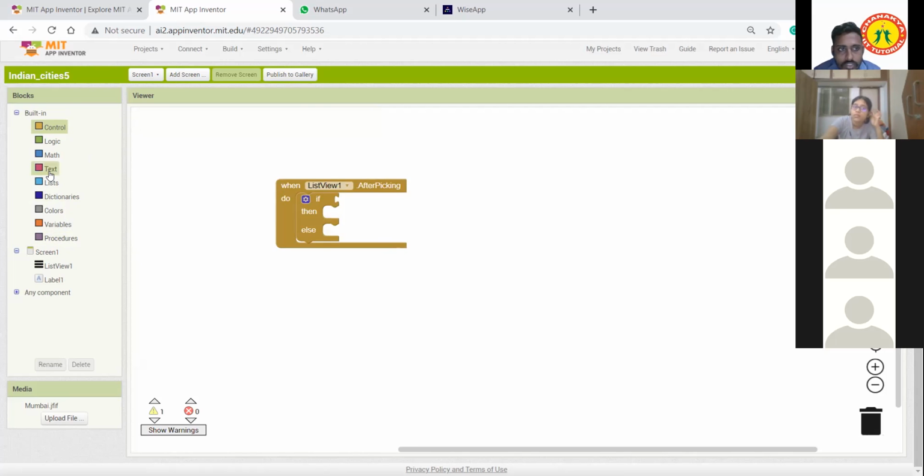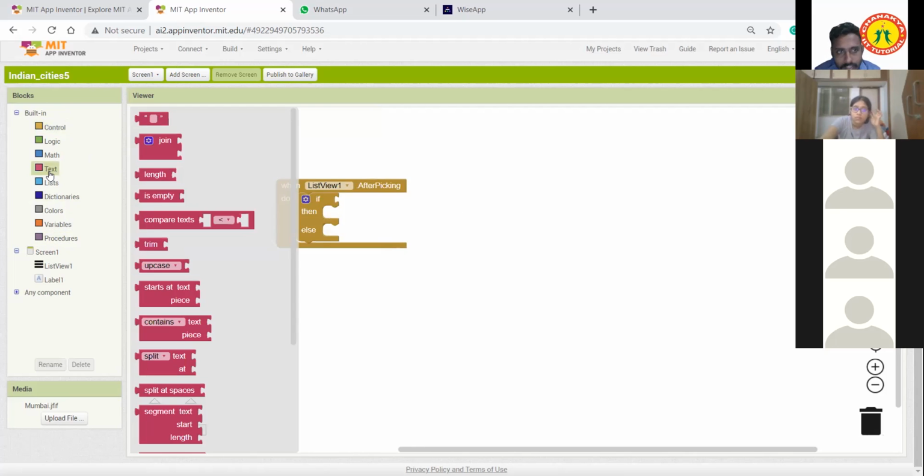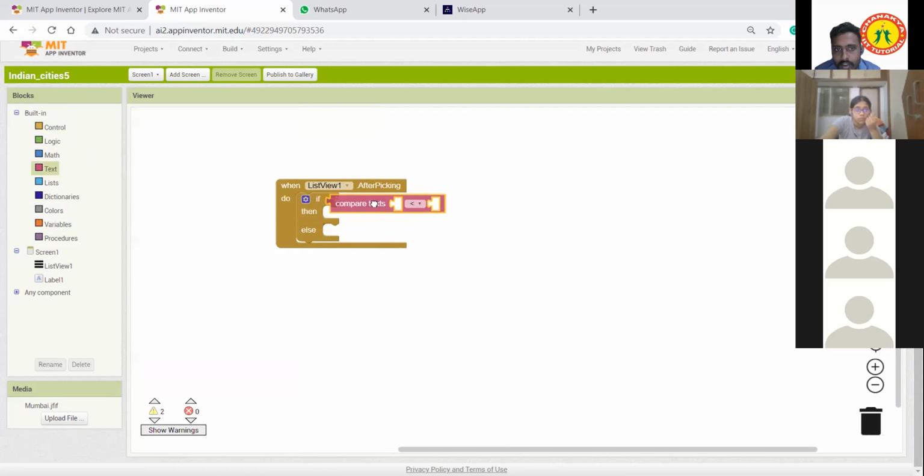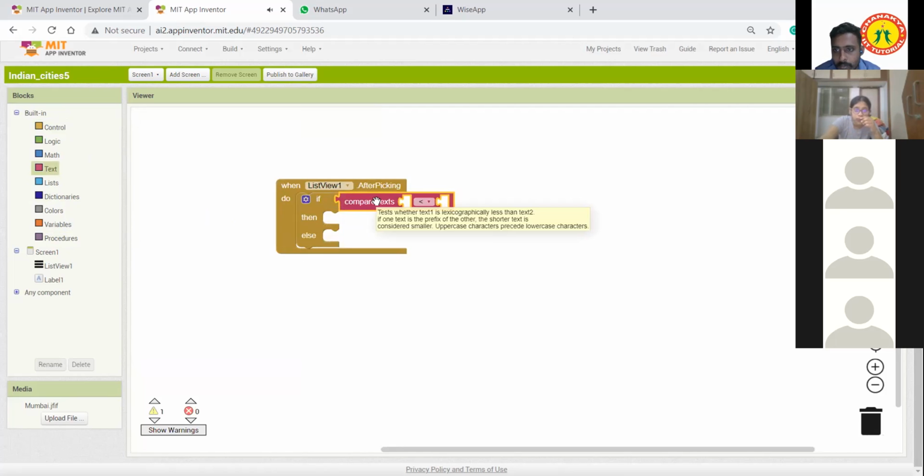Just go to text, click text, take this compare text and place it here. Do this first: go to list view and take the first block, when list view after picking, then go to control, take if then else, and then go to text and take compare text.